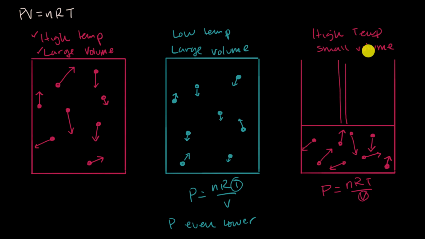But if we have a really small volume of the container, we no longer can assume that the volume of the particles themselves is going to be negligible compared to the volume of the container. And so the effective volume to move around in is even lower than we're seeing in this equation. So these particles have even less space to bounce around in because they take up some of the space. So they're going to bounce off the sides of the container more frequently and with even more vigor. So here, pressure is even higher for a real gas than what is predicted by the ideal gas law.